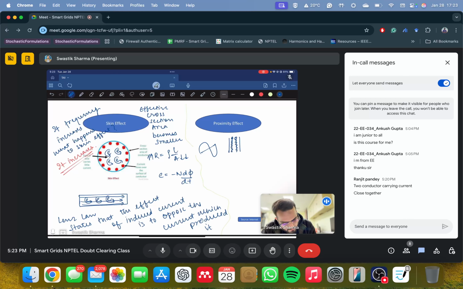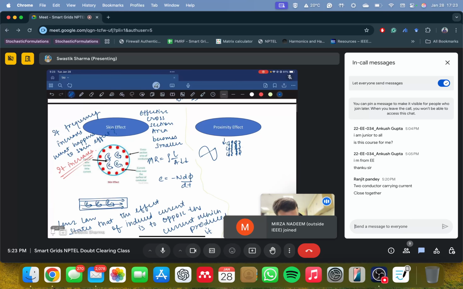Here the magnetic field will be more prominent because they are very close to each other. Now the eddy currents oppose them. So what it does is it opposes the very nature that created them. In the main current where the current was flowing, it opposes that current, so it gets pushed in the opposite direction.